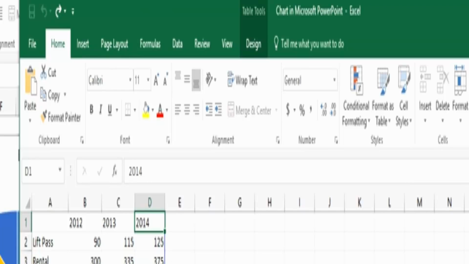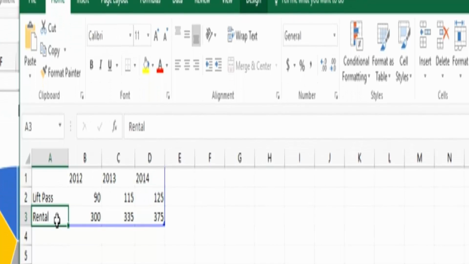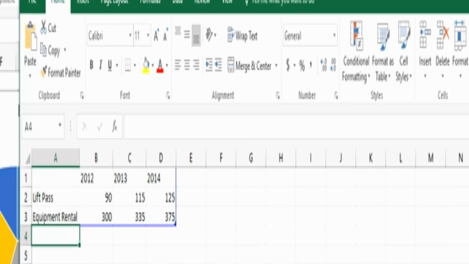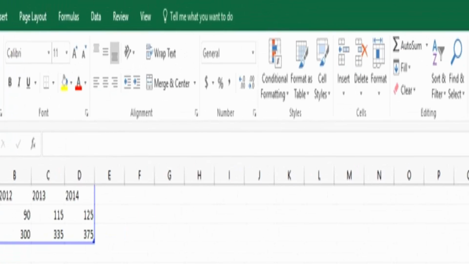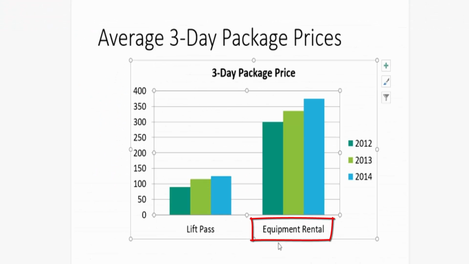So we're going to edit the data in the Excel window. We're going to click A3 and type equipment rental. So same thing. What I like to do is go up here, type it in the formula bar up here. So equipment rental. Okay, and then because that got squeezed in A3, we can just double click here to auto fit. And that should have updated. Yeah, and it did. So we see equipment rental change because we changed it,